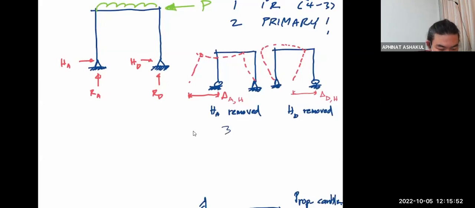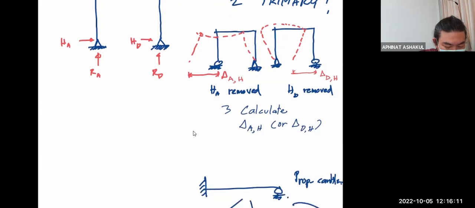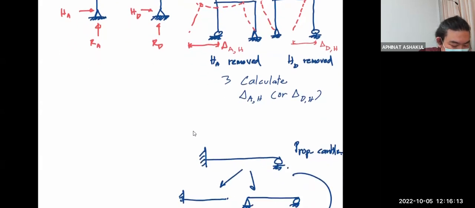You calculate this. Delta A H or delta D H. And then step number 4. Let me move this, okay? Step number 4, we calculate